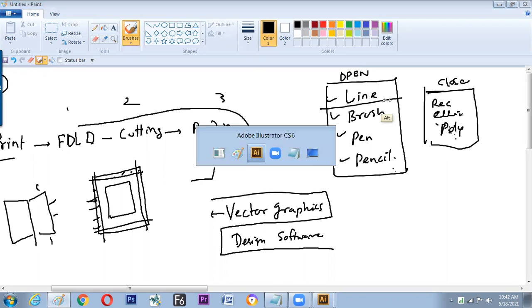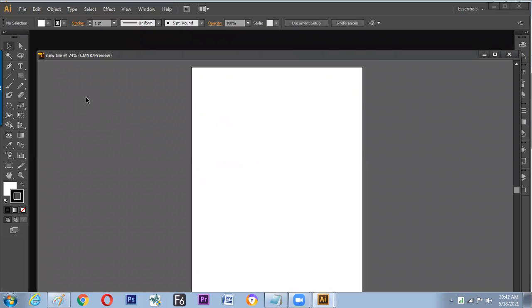Now we have entered into the software. Let us see how to open the line tool and how to work with it. As you got to know in the previous session, we can activate any tool by moving the cursor over it and clicking. But we have been asked to do an event: find the name of the tool and the hotkey of the tool. And here you can also find the keyboard shortcut of the line tool is backslash.